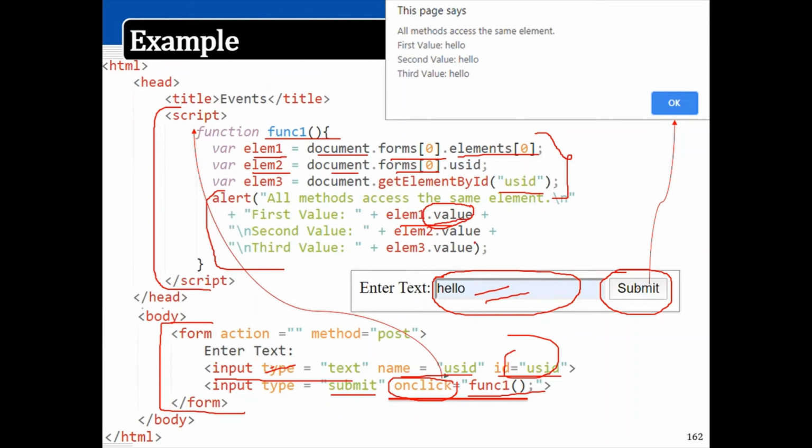For example, if you input some value and want to do some operations with it, it can be accessed by this value property. So here is the final output. First value is hello, second value is hello, third value is hello. This makes you understand that all these methods retrieve the same element.